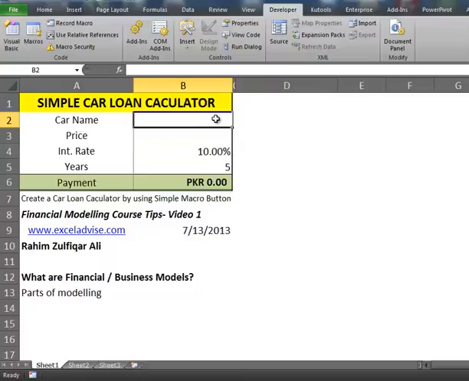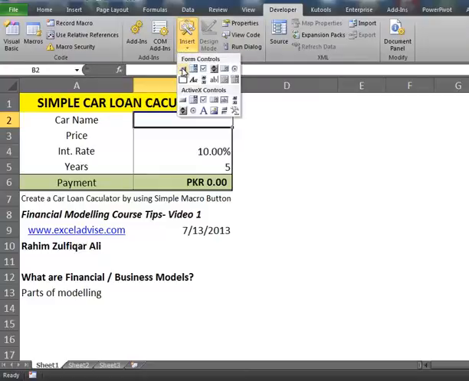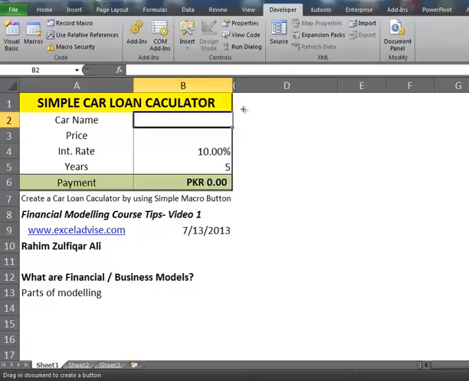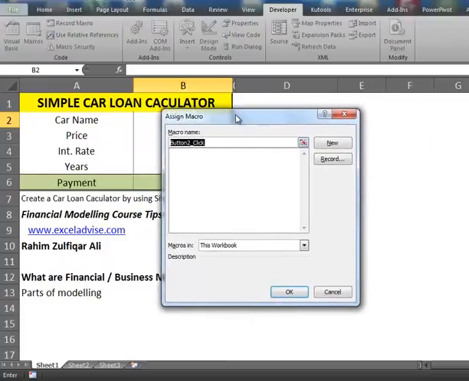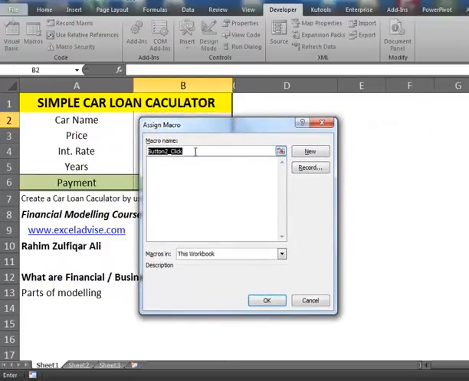Now we will create some simple macro buttons to automate our loan calculator. We will go to the Developer ribbon, click on Insert, then under Form Controls click a button, and drag it somewhere like in D2. You will get an Assign Macro screen, and it will ask you for a macro name.